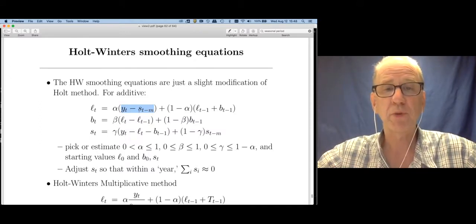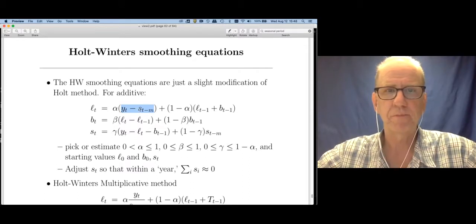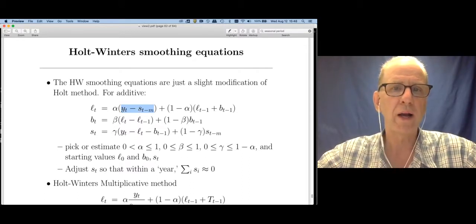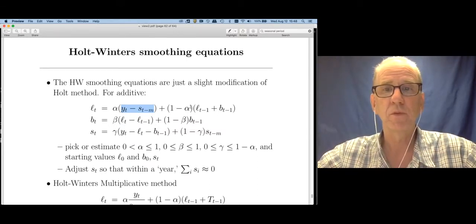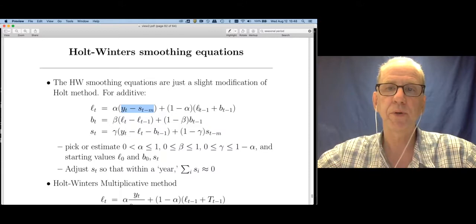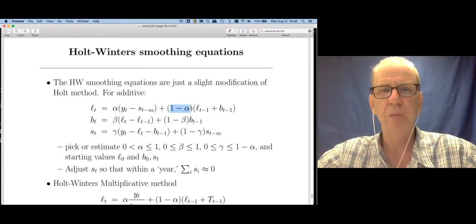Okay, with Holt-Winters' method, we're basically doing that after deseasonalizing the data. So I'm going to subtract off the seasonal effect from the new y. So that's like I've just deseasonalized my data, and we give that weight alpha. We give the previous estimate of where I thought my level was going to be at time period t, so that's where I was before plus the slope,